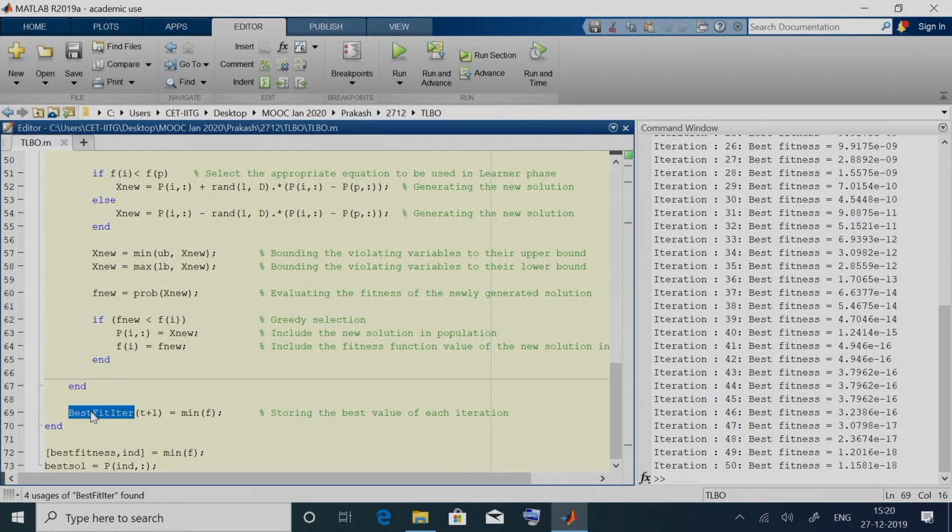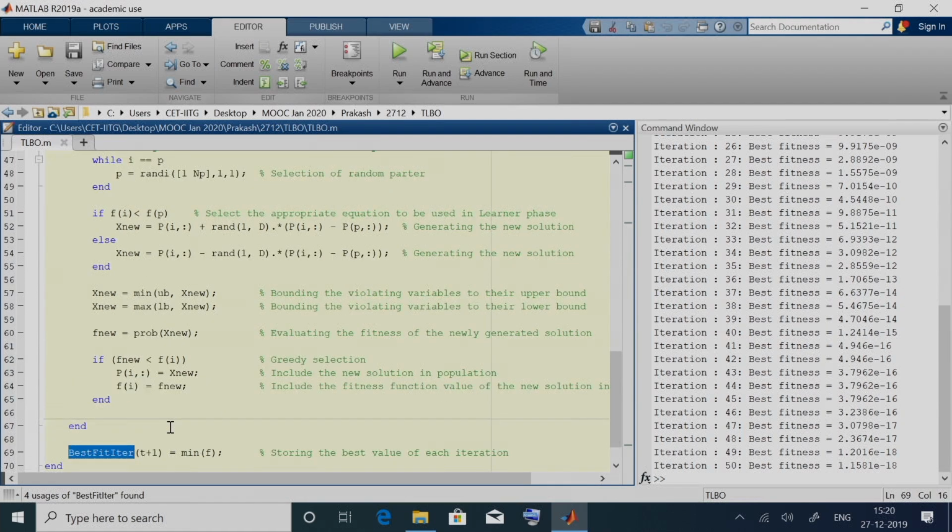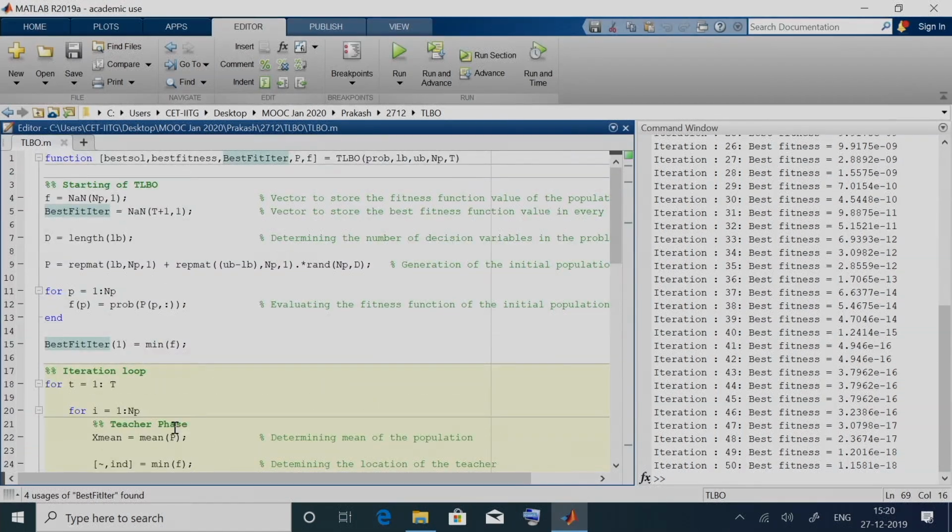We will require this variable, because it keeps track of the best fitness function value in every iteration. This function expects the problem that we want to optimize, the lower and upper bounds, the population size NP and the number of iterations denoted by t. Previously these were defined here itself in the function file. That has now been removed and it has been given as input to this function file.